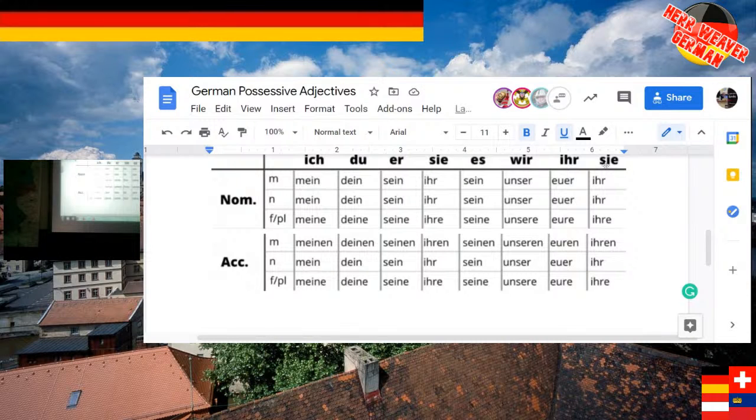So as we look at that, you see it has every possibility for ich. Mein could be neuter, mein, feminine, plural, meine. And then accusative, there's a big change, meinen. But as you go across, you see the same thing. Ihren, euren, unseren, seinen, ihren, deinen, meinen. Right? There's a certain pattern. All these end in E. All of these have no ending. All the nominative neuter have no ending. So accusative and nominative, those are the same. All these end in E. All these end in E.